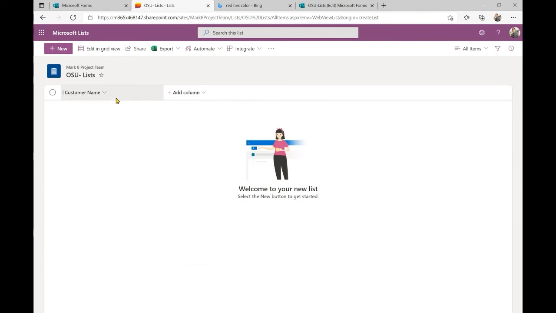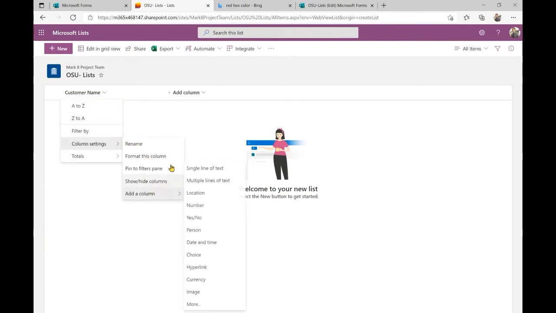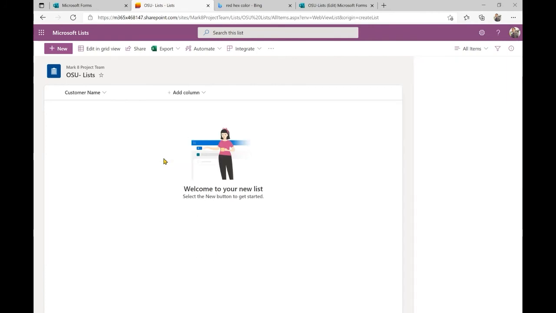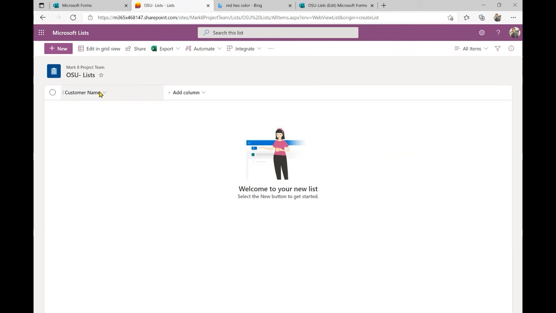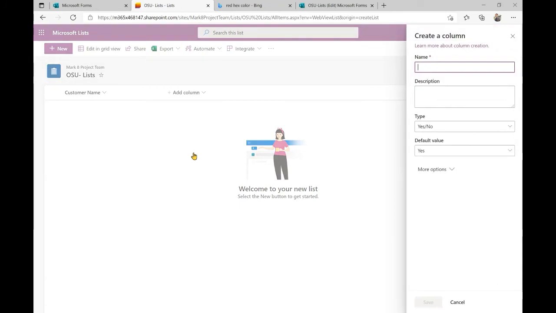This one will always be a single line of text, by the way. You can't change the type. It's always going to be text based. You can rearrange them. So maybe you don't want this one. Let's add another column really quickly. We'll add a yes or no, to customer.